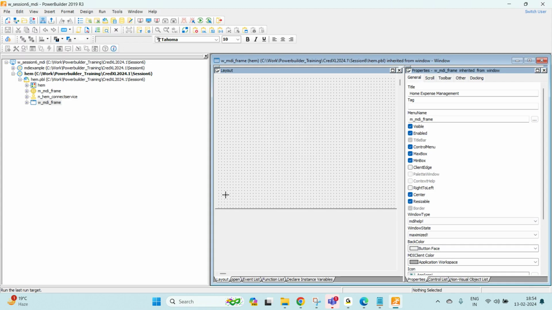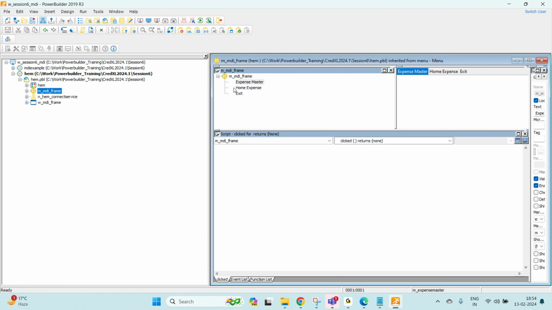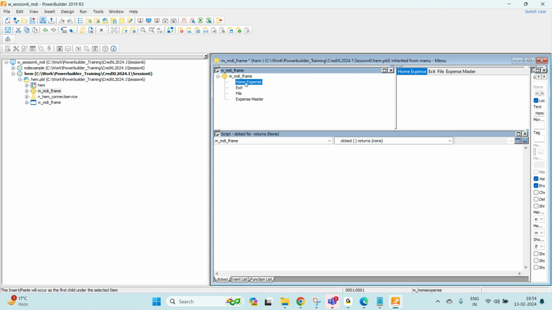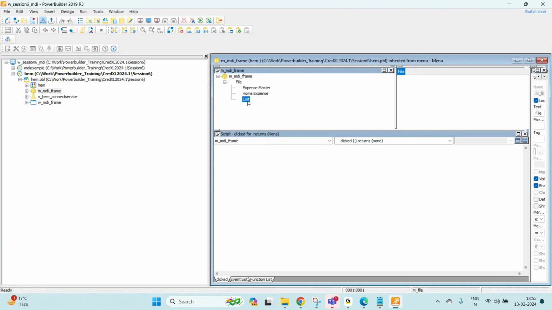What I have done mistakenly here, I need to create one menu that is called file, and then under that file these should be available. Save it, run it. Okay. Now for exit, what we need to do? We need to hold close, and we will also add some